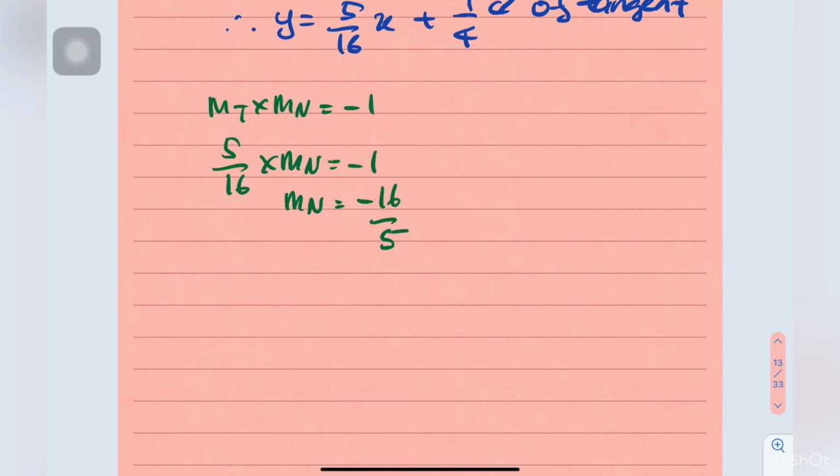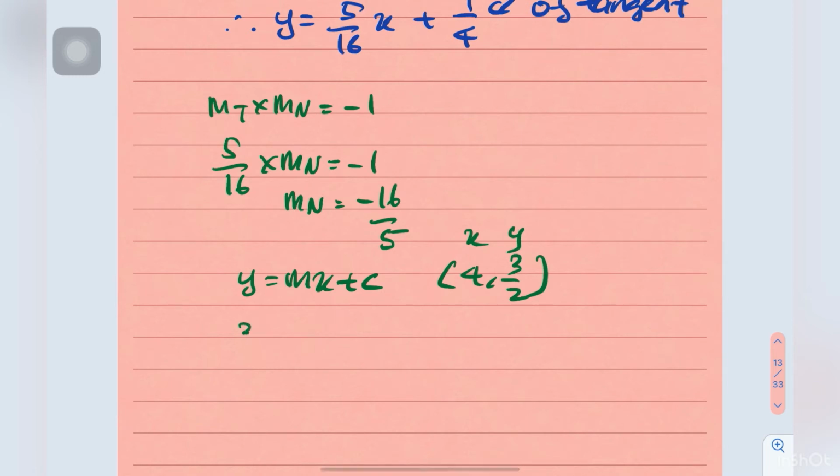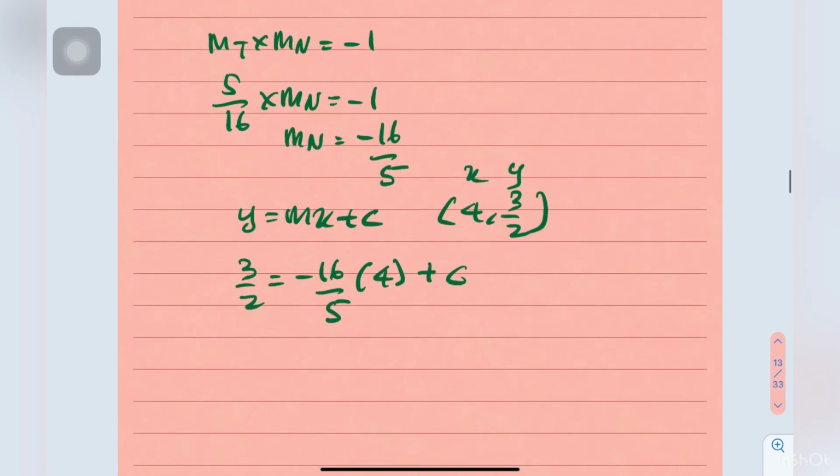So we substitute into y equals to mx plus c. Same point, which is (4, 3 over 2). So y is 3 over 2, gradient is negative 16 over 5, x is 4, plus c. So c is 143 over 10. So therefore y equals to negative 16 over